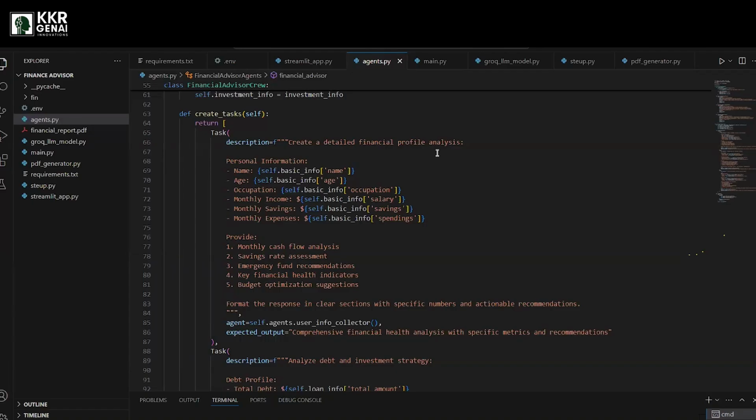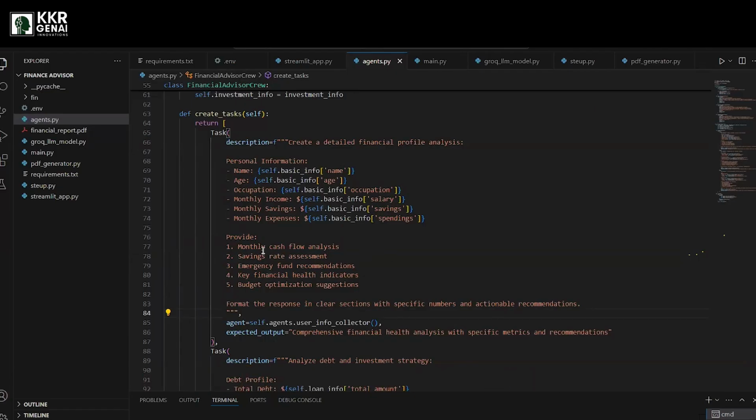Based on the particular user, they need to get all the income related details, and their marital status, and the number of dependents on them, like how many people are depending on them, what their financial stability is and all. So we are giving the specific prompt here also, so that when the agent is going to perform this task, they'll concentrate more on the specific key points that we gave.